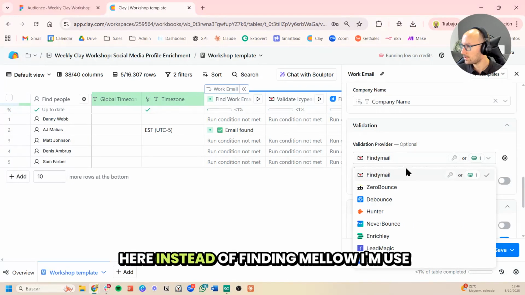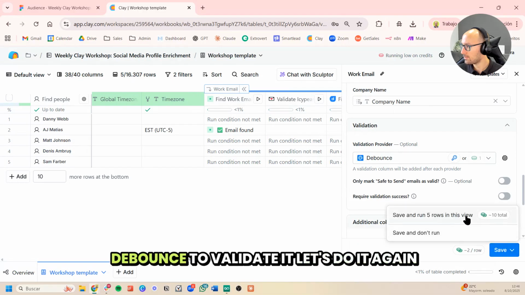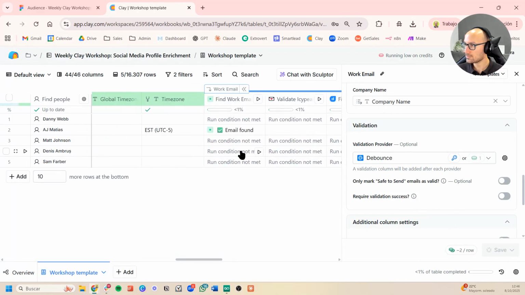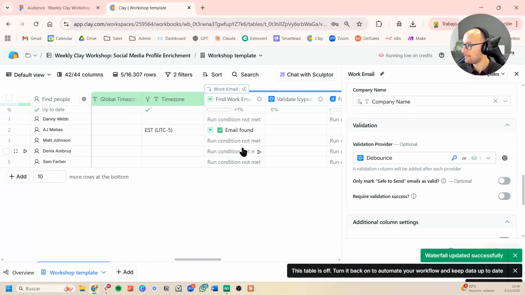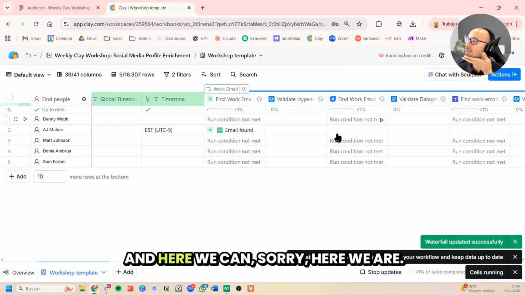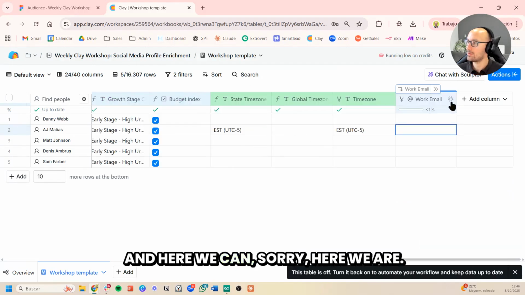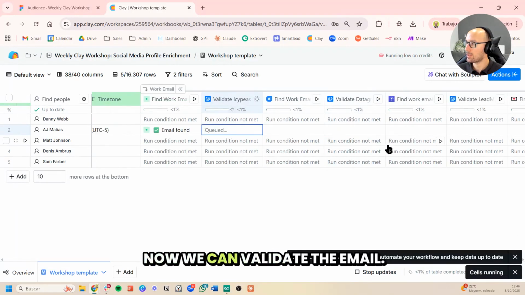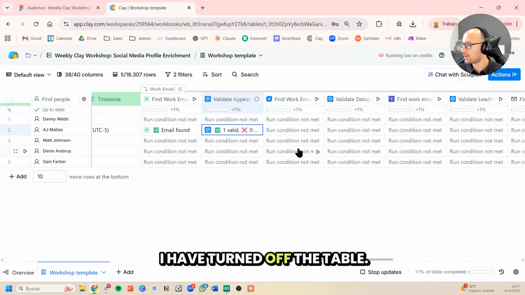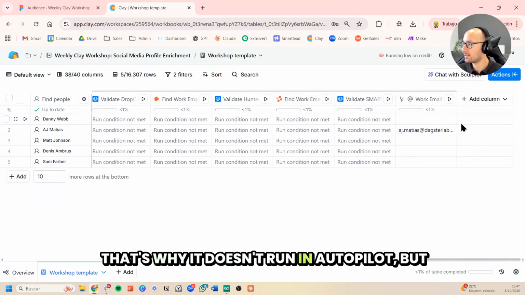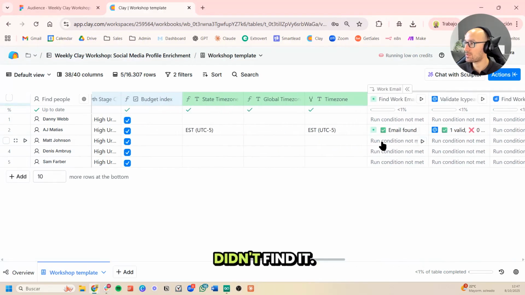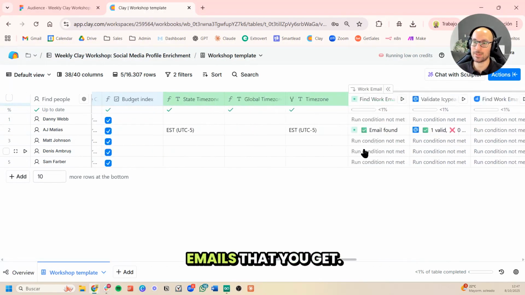Instead of find email, I'm going to use Debounce to validate it. Let's do it again. Sorry, here we are. Okay, now we can validate the email. I have turned off the table, that's why it doesn't run on autopilot. But here we have the email of the person that Prospect didn't find. So you can increase the coverage of the emails that you get.